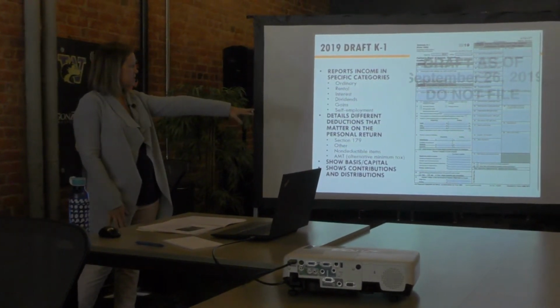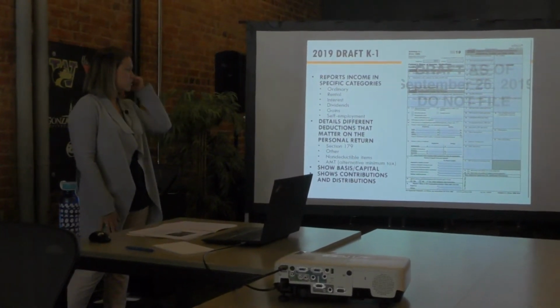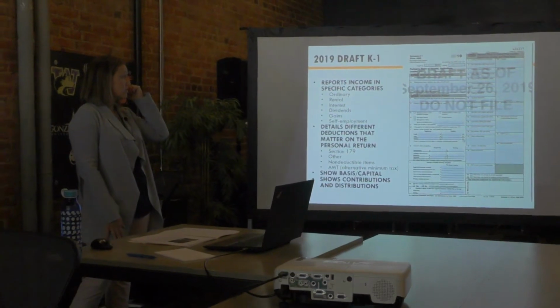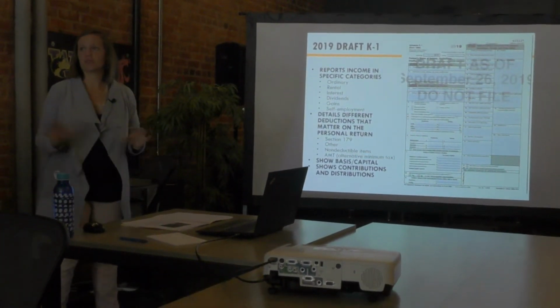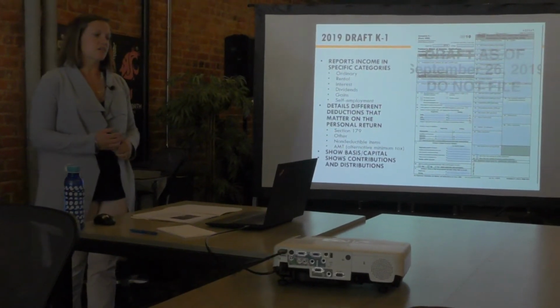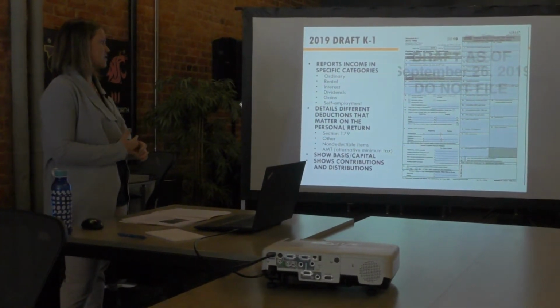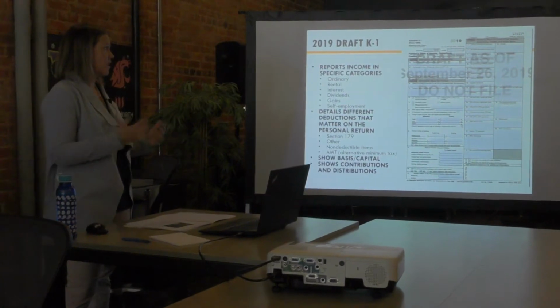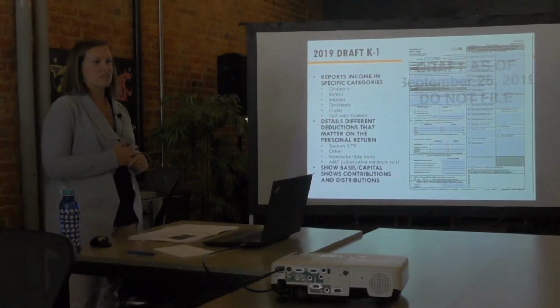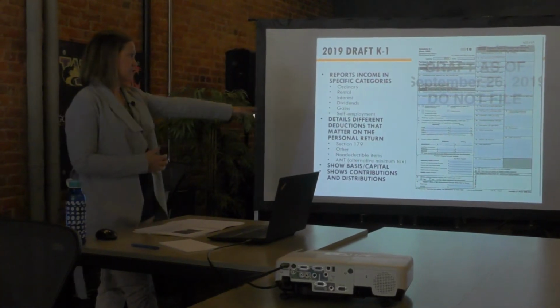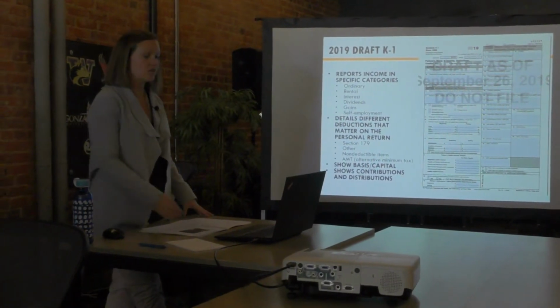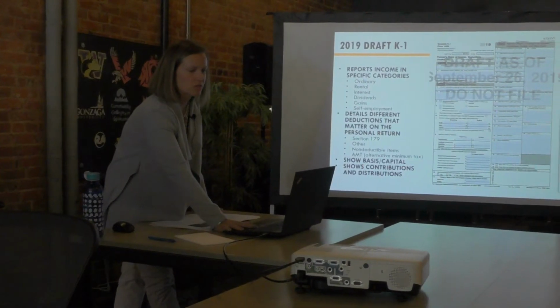It shows kind of your basis or your capital, and then contributions and distributions. And all those things come into play when we're taking large distributions or we're closing things down. Depending on our basis and our capital, or however those equity balances work, there could be tax due on that later as well. So at least this keeps some running totals for you, but that'll all flow through to a personal return.